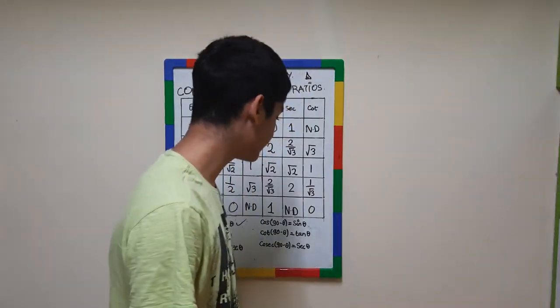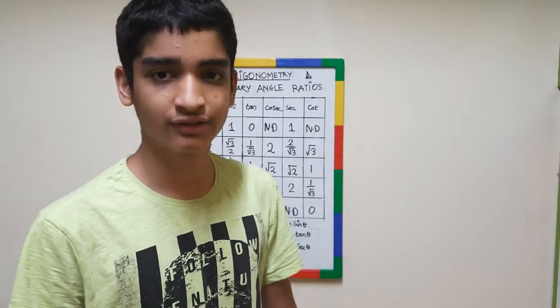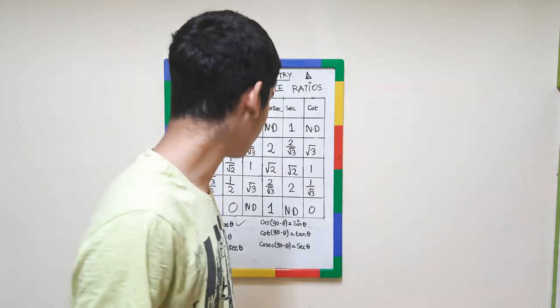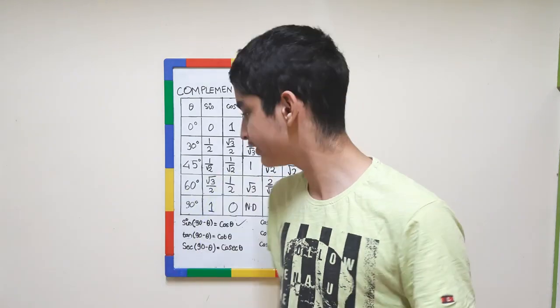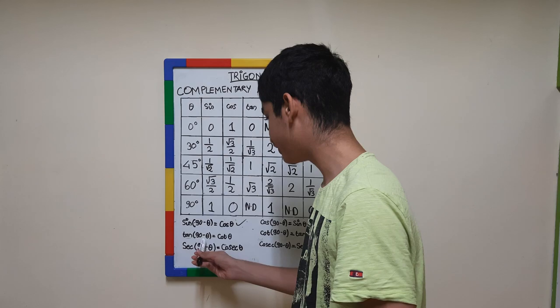Cos 90 minus theta equals sine theta. So the inverse is basically the same thing, just a little different. So no need to bother. If you just remember this, this one will easily come to mind. Okay, moving with the second ratio, you can say. Okay, tan 90 minus theta equals cot theta.